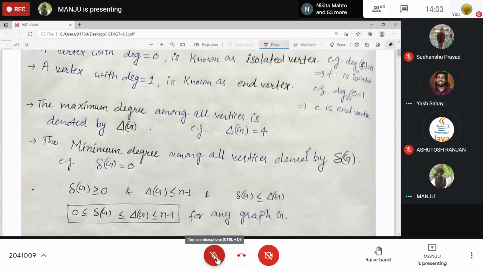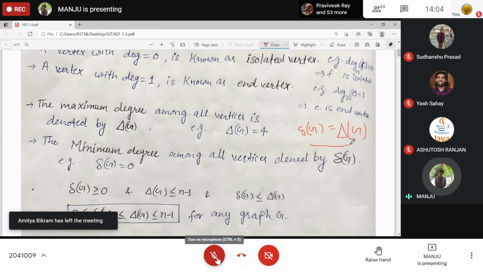If I ask you that, what can you say about degree of all the vertices if you have minimum degree, small delta, is equal to maximum degree? All vertices have same degree, right?